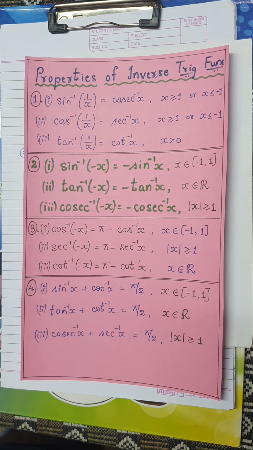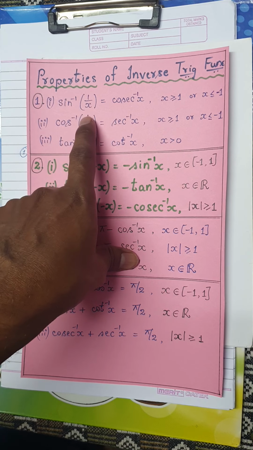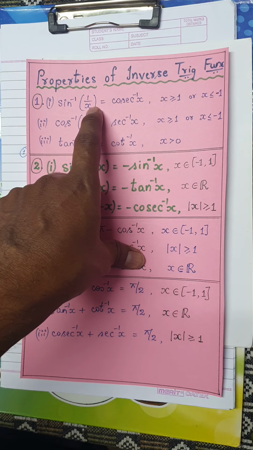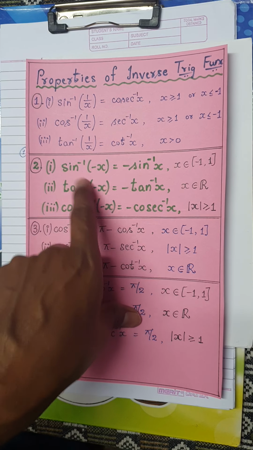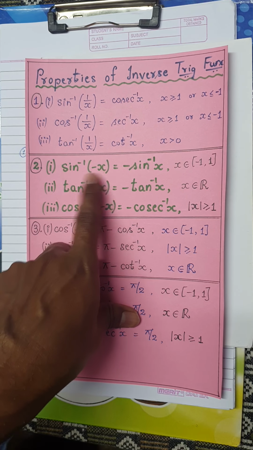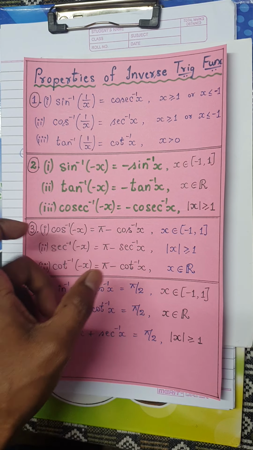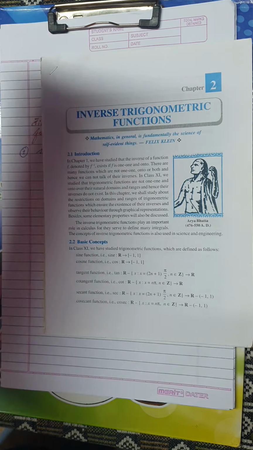It would also be wonderful on your part to go through all the properties of inverse trigonometric functions. Okay, the reciprocal relations, that is, sin inverse of 1 by x is cosecant inverse x, or cosecant inverse 1 by x is sin inverse x. Okay, this inverse relation and the negative relation is very important. When you have sin inverse of minus x, tan inverse of minus x or cos inverse of minus x, how do we split it up? These are properties which are already proved in the textbook also. So there are many properties for you to study. Okay, I hope you are comfortable with this.